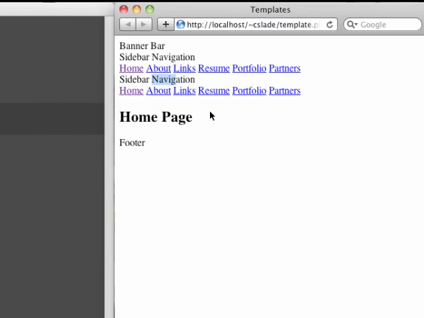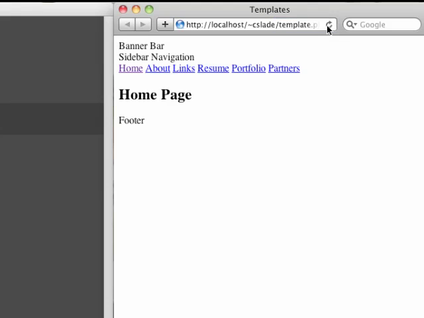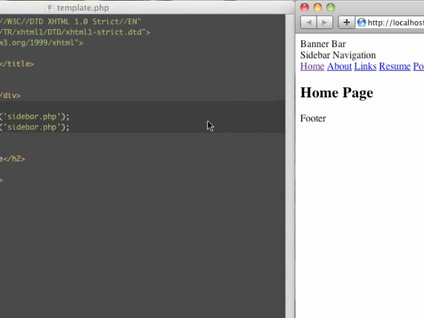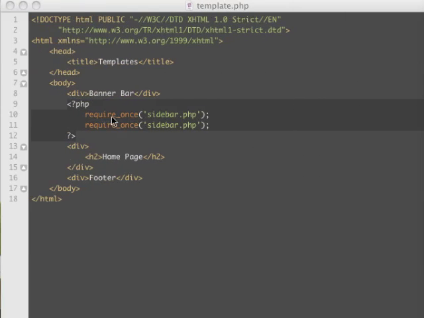Right there. And when we do that, then we only get it once. Now we called it twice, but we're only getting our sidebar navigation once. So what require once means is that it's only going to copy and paste the file in once. And right now you might not know why you really want to do that, but actually